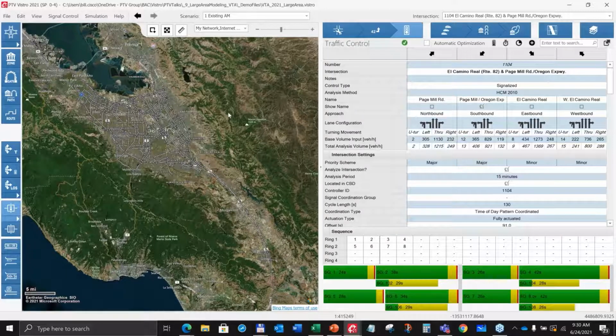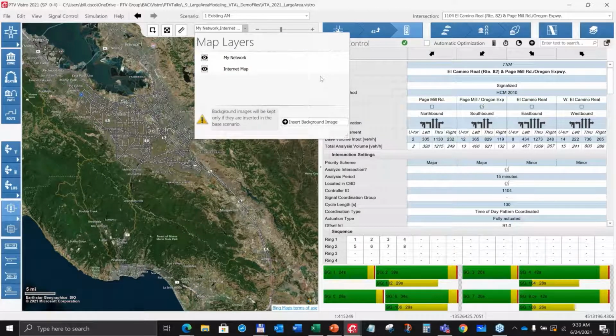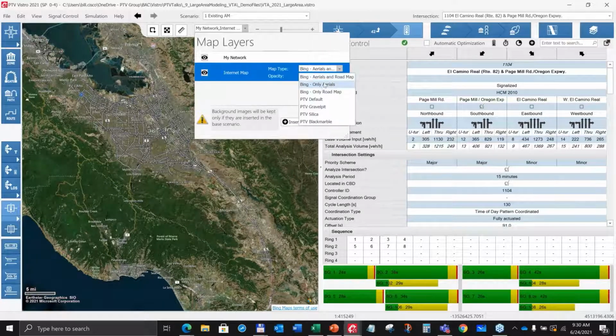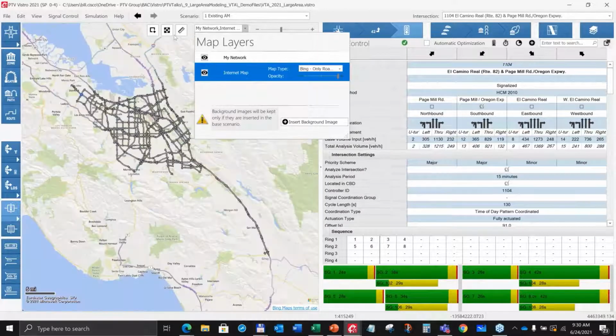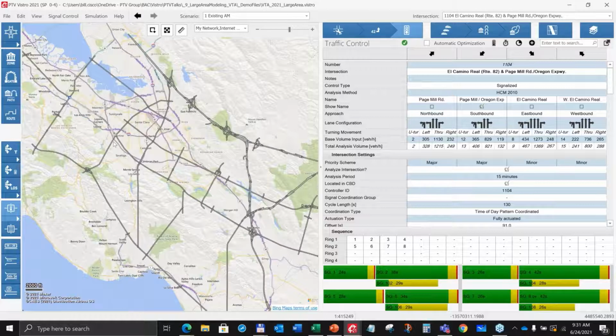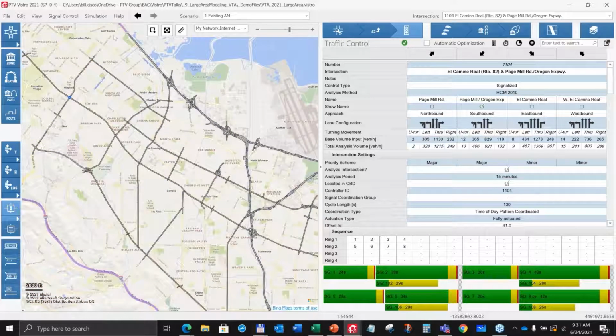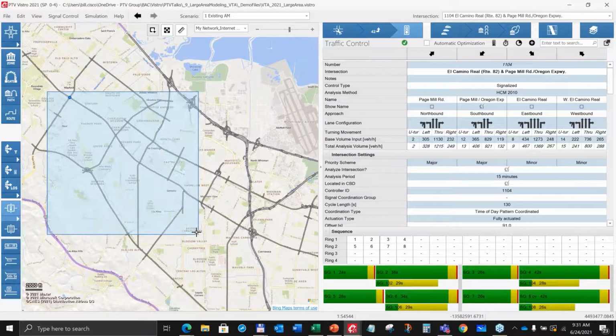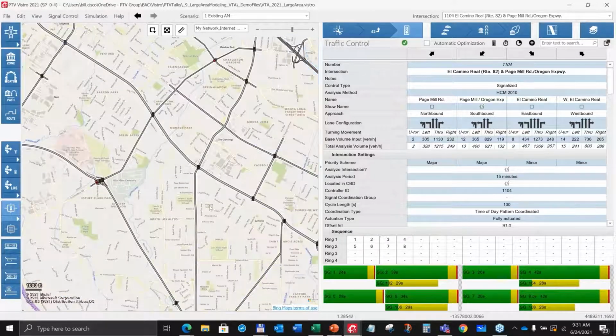I just wanted to poke through a couple things for you guys. I know you've seen a lot of things about Vistro, but when you have something this large, some things will come into play or remind you of ways that you can manage the views. In something like this, it might be a good chance to temporarily at least turn off the satellite imagery and get a better look at your actual network. I think this highlights it a lot cleaner in this mass scale view. And of course, we can still go in and do El Camino Real or some major corridor like that and look at Vistro specifically in sub areas of the Santa Clara VTA region.